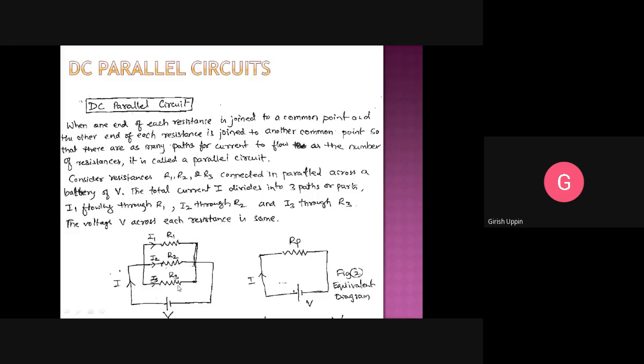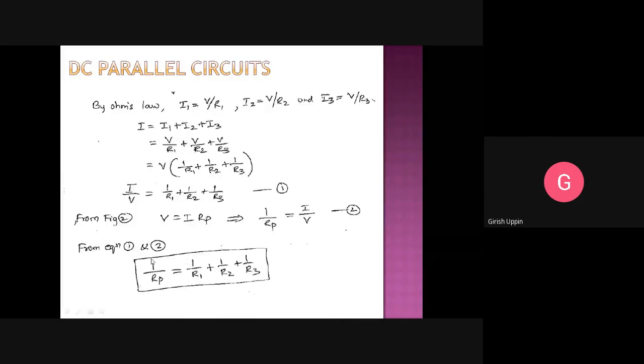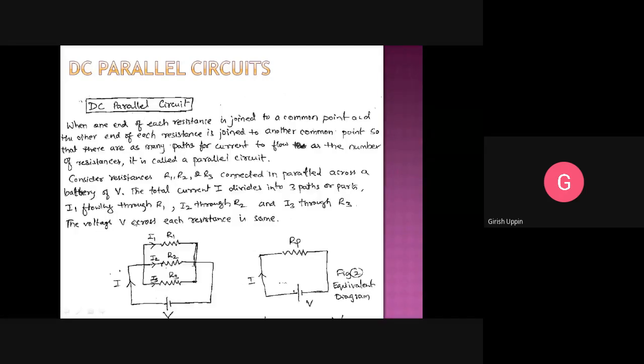and this can be replaced with one single resistance. We'll see how to find this equivalent resistance of this parallel combination. And by Ohm's law, we know this is the characteristic; we will see that also. You can see this voltage source is connected across these 2 points. The meaning of that is the voltage across R1, R2 and R3 is nothing but V. So the voltage across R1, R2, R3 is exactly the same, which is equal to V.